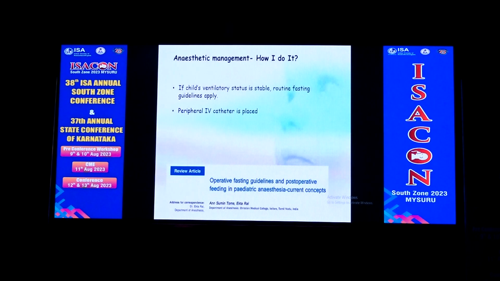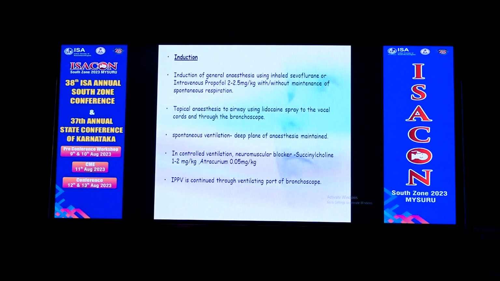If there is no evidence of complete obstruction, if the child is stable or minimal obstruction is present, then time is taken to fast the child according to the fasting guidelines, and preparation for bronchoscopic procedure is done. EMLA cream is applied to the child, and we try to take IV access in the presence of the parent. If the child is not cooperative or irritable, then we go for inhalational induction and IV insertion.